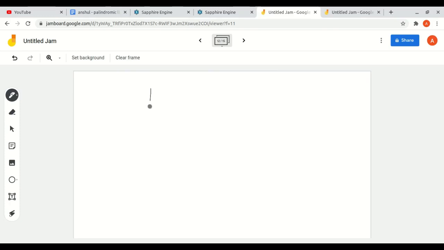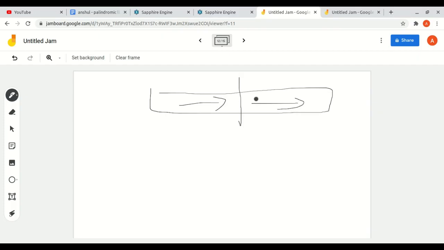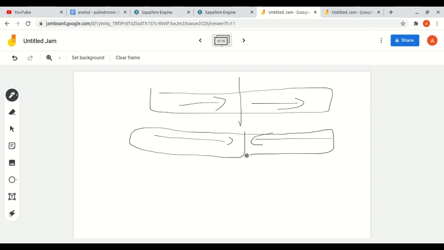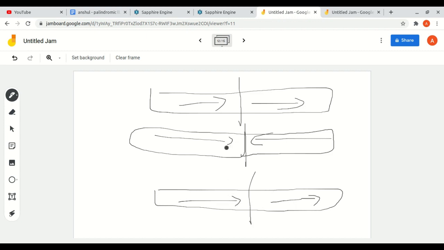And what we have done till now is, we have been given a linked list. We divided it into two parts. This is a linked list. We have divided it into two parts. We have reversed it, and we have compared it, and then again we have reversed it. So our next task is to delete that division.